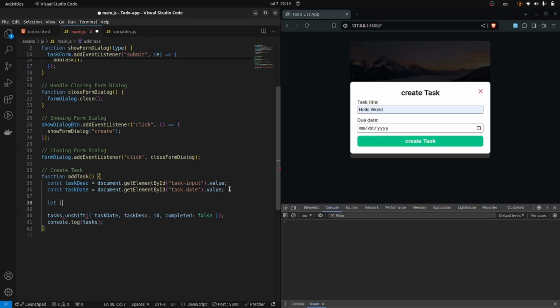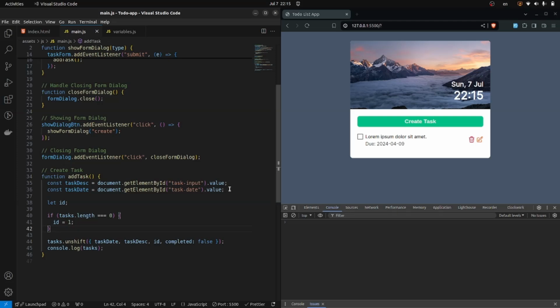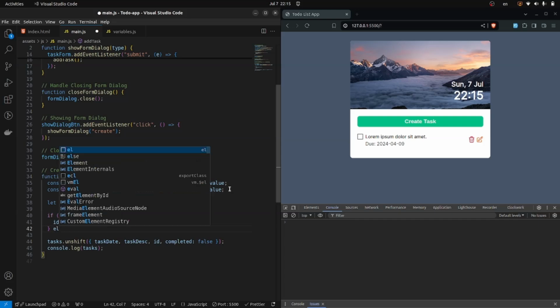So first of all, let's declare ID as a variable. Then I'm going to write an if statement and also explain what I'm doing. So if our tasks.length equals 0, it means that if our tasks is empty, this ID should be equal to 1. So if our task array is 0, which does not contain any task, the new task should have ID of 1. In the else scenario,